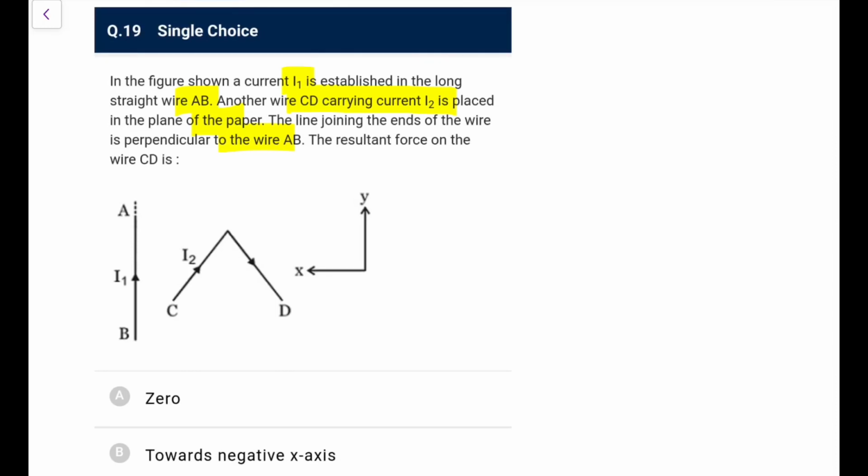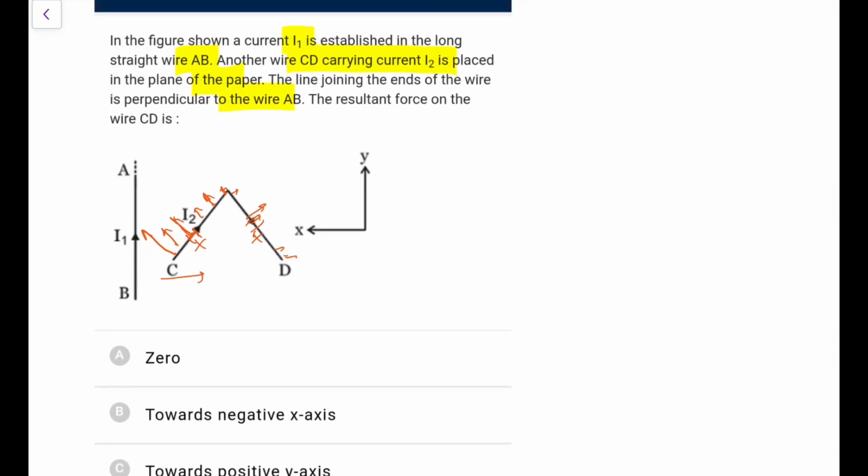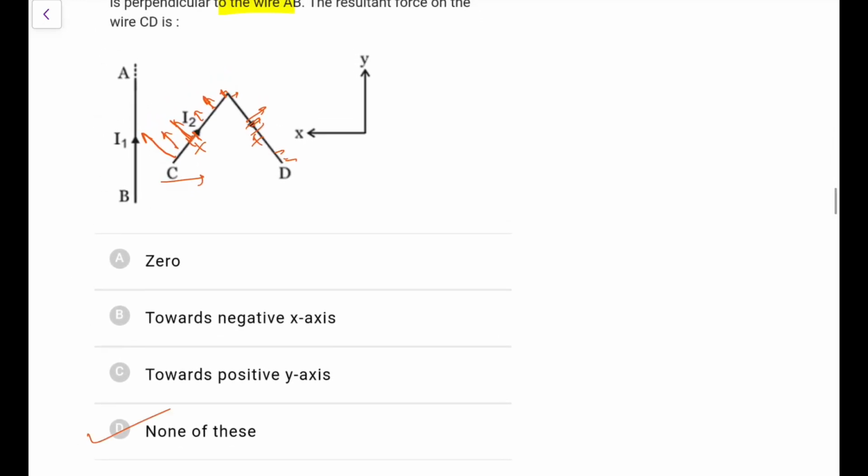So if I take any element like this, the magnetic field would be inward. So if I do L cross B, it would be like this here. And we know as we are going here, the distance is increasing, so this force is greater, this is lesser, this is again lesser, lesser, lesser. And similarly here, if you do L cross B, because the field is inwards, it would be there, but because it is going further away, the magnitude keeps on decreasing. So these forces are not symmetric, such that their y component will cancel out or x component will cancel out here. It won't be exactly along x, it won't be exactly along y, it would be somewhere in between. So I'll go for none of these.